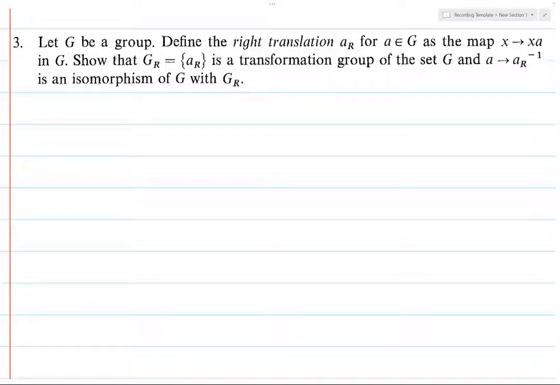Alright, let's do a problem about maps. So what is the point of this problem? What do we have to do? We must prove that G_R